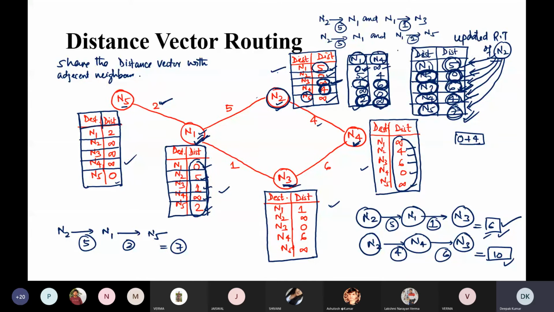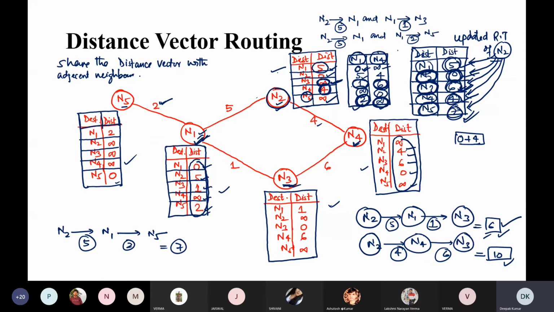So in this way we can conclude that by this technique, by this method, any node available in the network, all nodes know the information of all other nodes. Means what is the cost of the destination or any node? What is the cost of any node available in the network? So the shortest routing algorithm, this is distance vector.